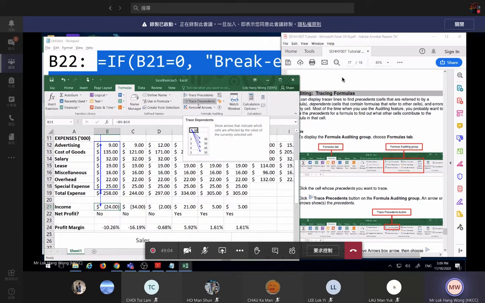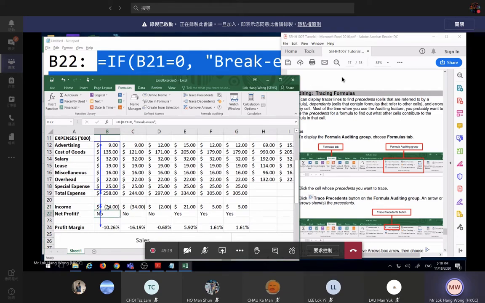There's also another button called trace dependents. This trace dependents means to see which cells are using this number to calculate. OK，咁仲有另一款 trace dependents 啦，就係追溯佢之後會有咩 cell 會用到呢個數字嘅。咁你撳一次落去啦。And then you can see that for the net profit, we have an arrow pointing from income to net profit and also from income to profit margin. This means that the income cell here contributes value to net profit and profit margin. 撳咗落去之後，再發覺，咦 income 有一個箭嘴指去 net profit，同埋 income 有個箭嘴指去 profit margin 啦，即係話 income 呢個數字咧係會影響到 net profit 同埋 profit margin 一樣嘢咯。